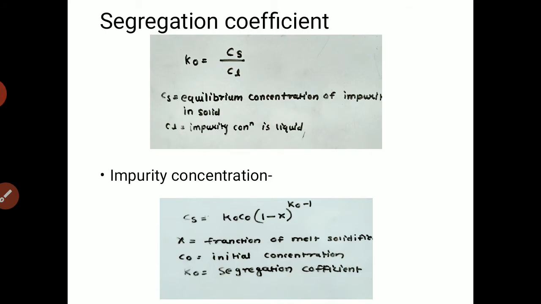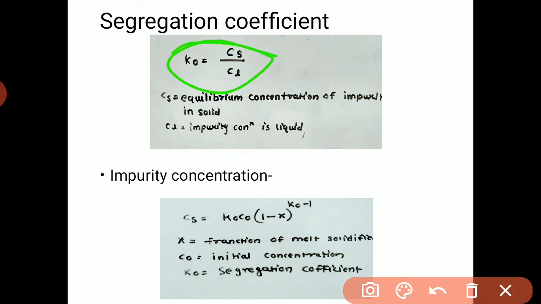What if we want to dope this particular silicon crystal? We just need to add the impurity in the molten quartz, so we can get our doped silicon. So there is a segregation coefficient. If we put some amount of impurity in liquid form in our quartz melt, some portion of this liquid will form a solid impurity in our single crystal. It is totally dependent upon the segregation coefficient. If the segregation coefficient is large, then we can convert a large amount of liquid impurity into solid impurity in our single crystal.